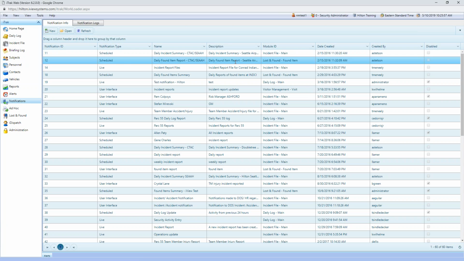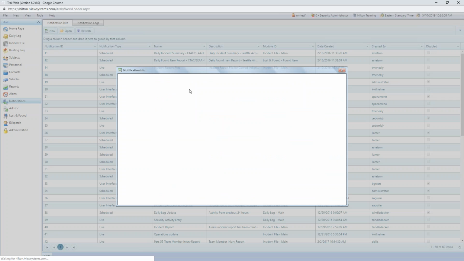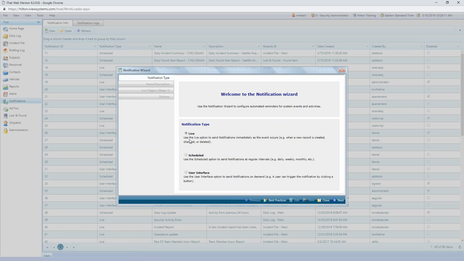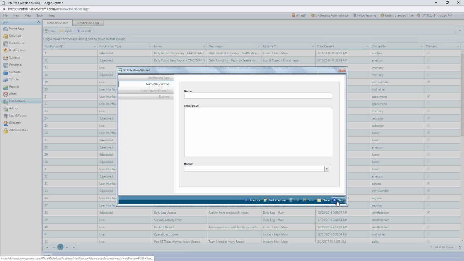So these are all the different ones that have been set up. If you want to set up a notification to inform your maintenance team that there's been a light bulb that requires attention, you can create a live notification. Any live notification are entries that when you create a specific entry, it sends out a notification to a group right away. For example, if you're creating a daily log based on any kind of maintenance type issues, you would select a live notification